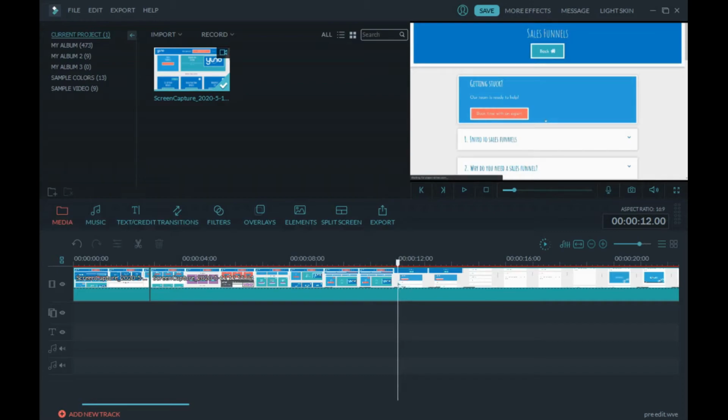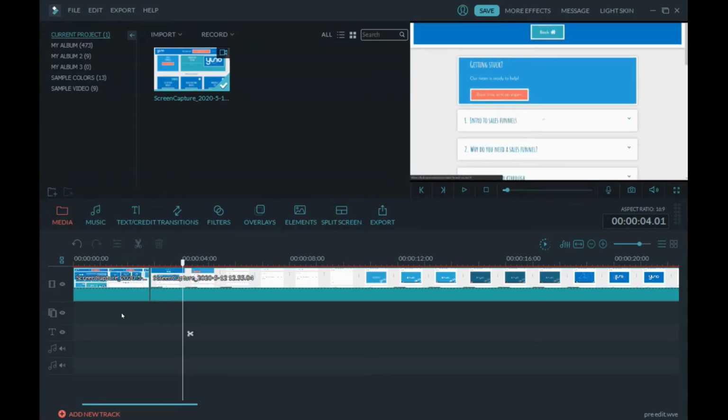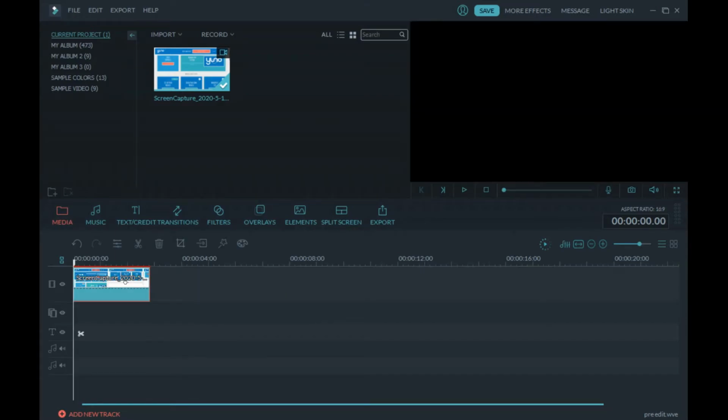And that's the next bit of footage that I want. So I can again click cut and I can delete that. And then when I click play, it goes straight from that bit into that part. Alright, now whichever you put on the top is going to be this background. Now you will have noticed in my video I had a blue background with this footage sitting on top of it. So to do that,